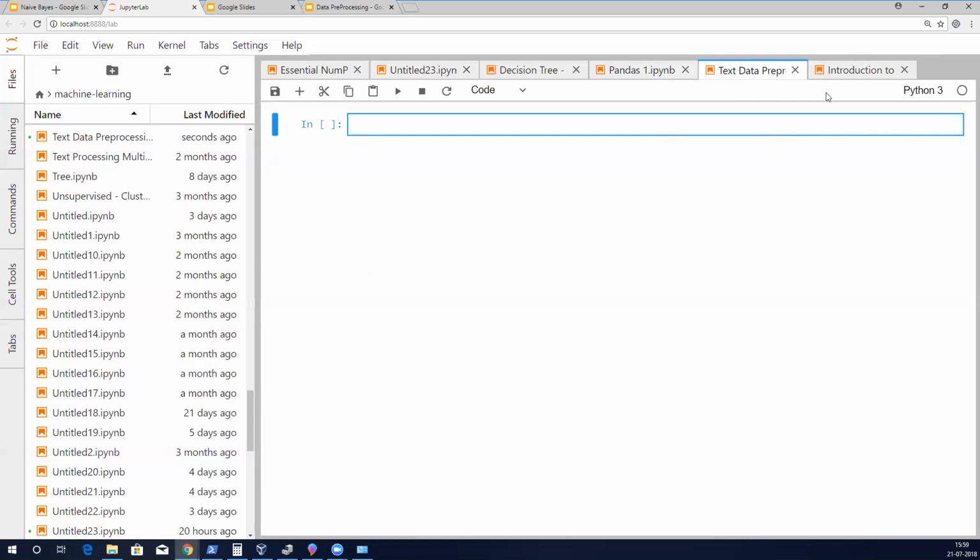So yes, text processing is important that way. First, let me load the data.